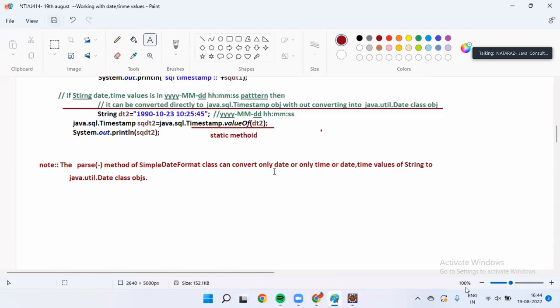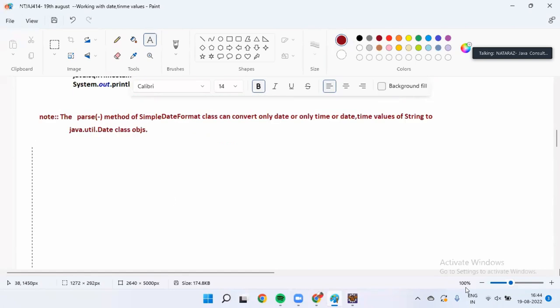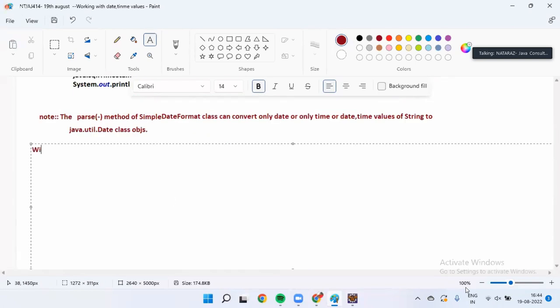Got it, guys? Okay, boss. Write a JDBC application to insert employee name. Yeah, pattern. Input date pattern is very important. Okay. Write a JDBC application to insert